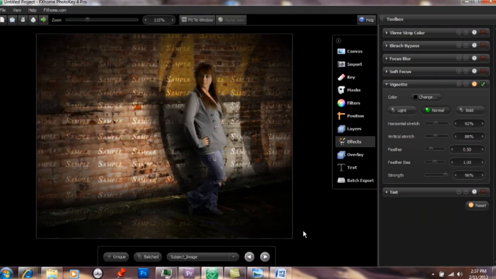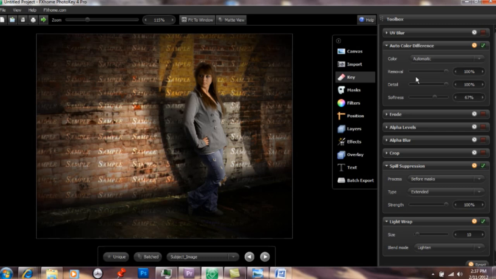As you can see, we worked with an image that did not have a perfect background, but yet Photokey was able to perfectly knock out the background without us having to go in and play with any additional settings. If you look here under Key, there are a lot of different settings if you have a difficult image where you could play with the spill suppression, light wrap, color difference. So it has a lot of power, but in all honesty, Photokey easily knocks out the background